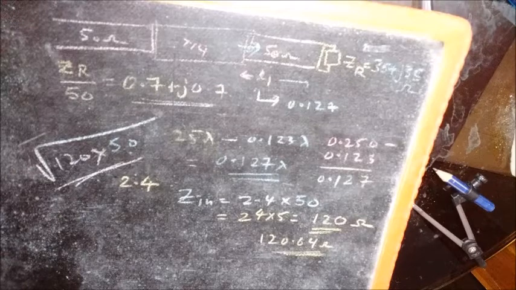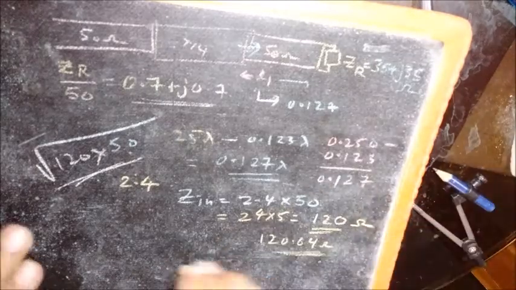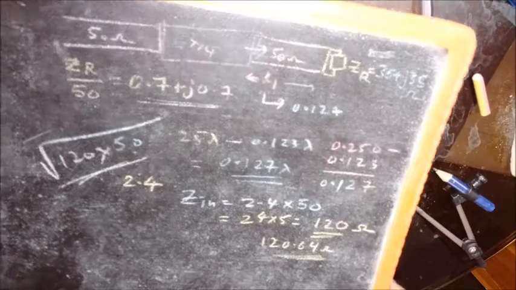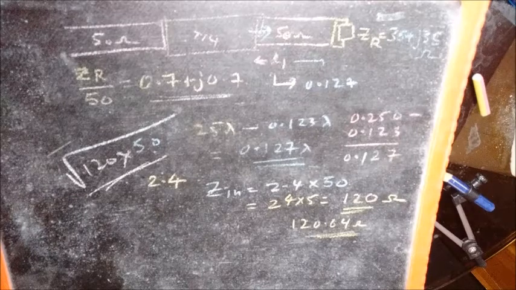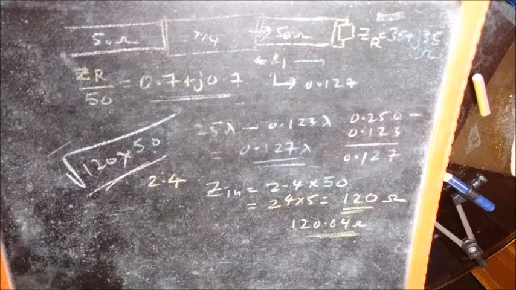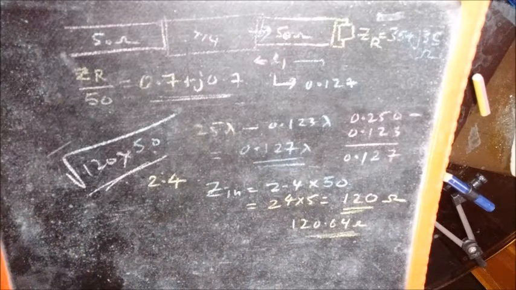77.6 was the result we got earlier. So 120 into 50 will give us a result which is fairly close to what we got earlier, and what we got earlier was 77.6 ohms. So this demonstrates, of course, since we are still new to the Smith chart, it may look a bit complicated in understanding how to use it, but with experience you will see that using the Smith chart becomes much easier than carrying out all these calculations with complex numbers.